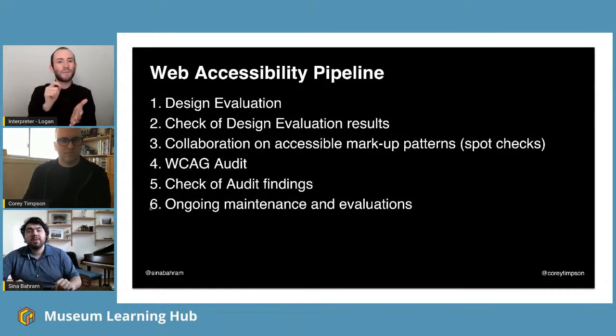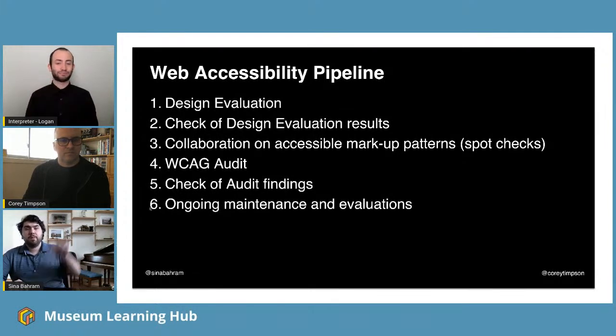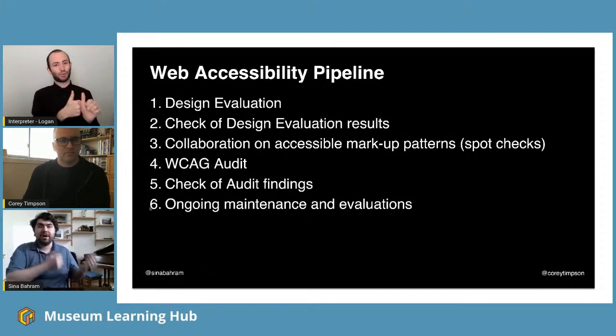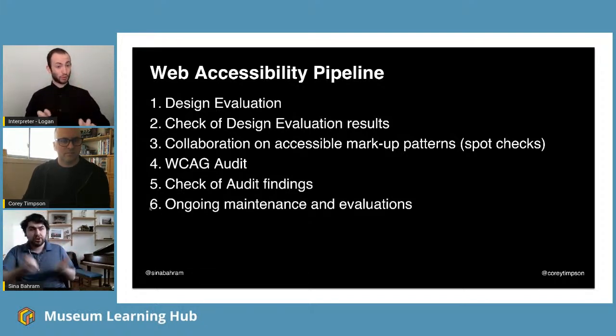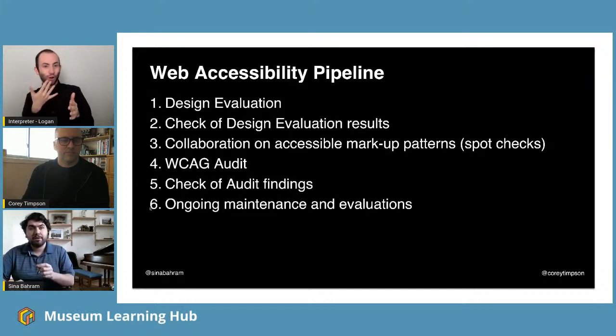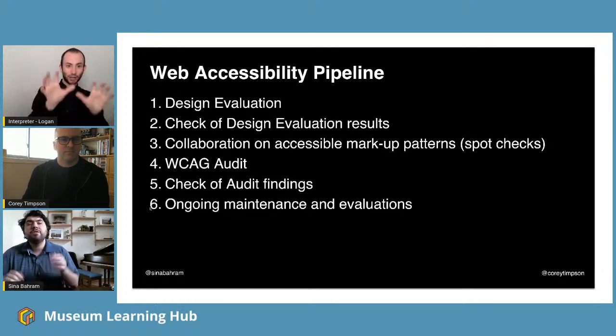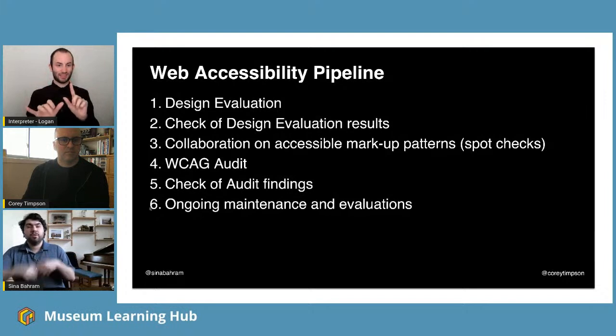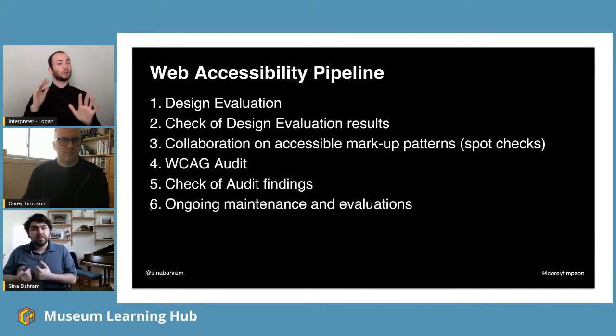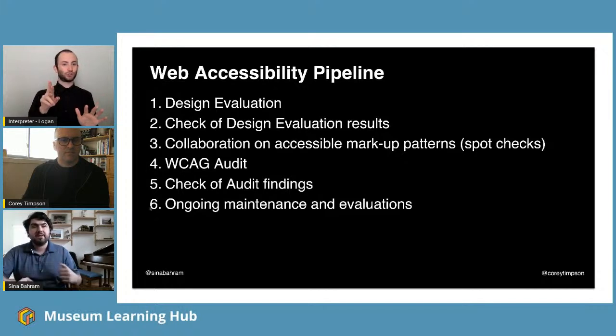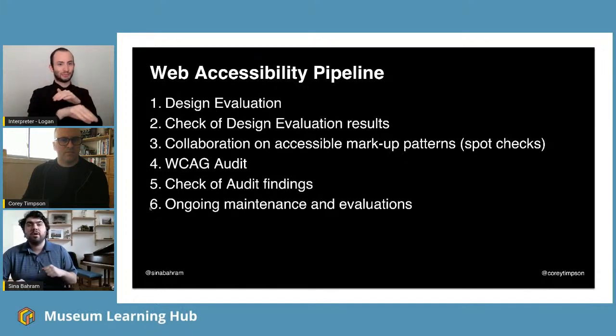So with respect to web accessibility, very quickly, from a project management perspective, there's usually a pipeline that should be followed. You do a design evaluation when you're doing wireframes and files that are going to show how the website's going to look. Check those colors, check focus highlighting, check link decorations, that sort of thing. Then we flow into working either with yourselves, volunteers, or a vendor, for example, like ourselves, on digital accessibility, checking the accessibility of the website markup.